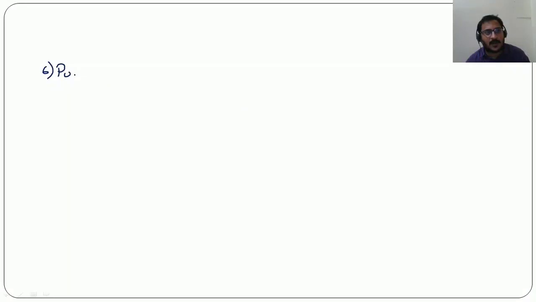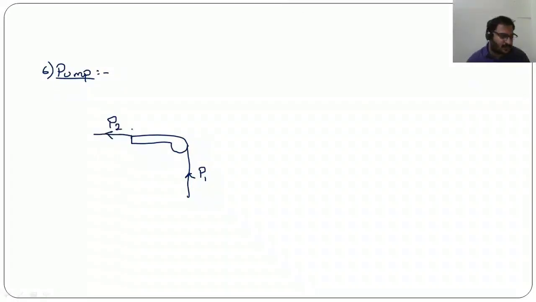So when you consider a pump, it is a device which is usually used to lift water. So let us say from a lower level, let us say at pressure P1 it is there, to a higher level water is needed to be lifted. So then here, in order to lift water from a lower level to higher level, we need to supply certain amount of work input to the pump. So that means electrical motor switch that we use in order to lift this water.